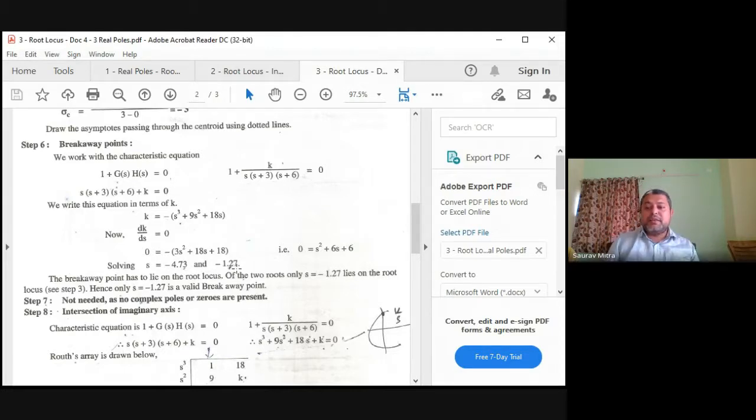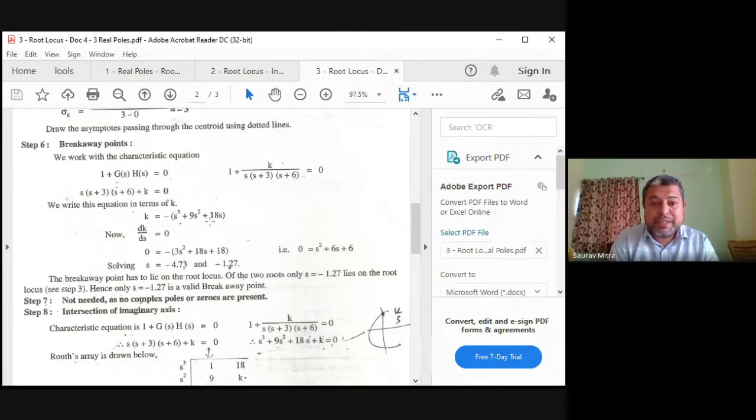Now here there is something new coming. I'll be taking 2-3 minutes of yours. Please stay, because when you have started this numerical, we'll finish it. So in this case, there will be two values of breakaway point. One breakaway point is valid, another is invalid. One very important rule is that the breakaway point is the point where two roots come and collide. That means the breakaway point always lies on the real axis root locus.